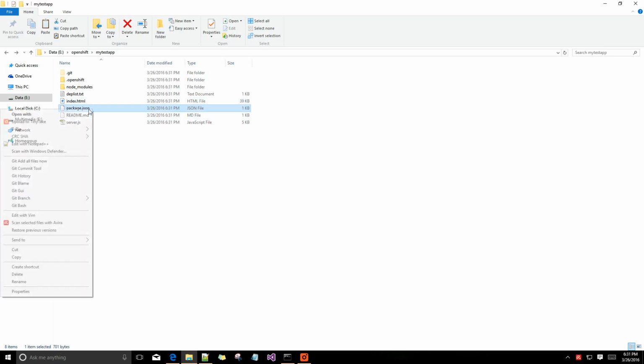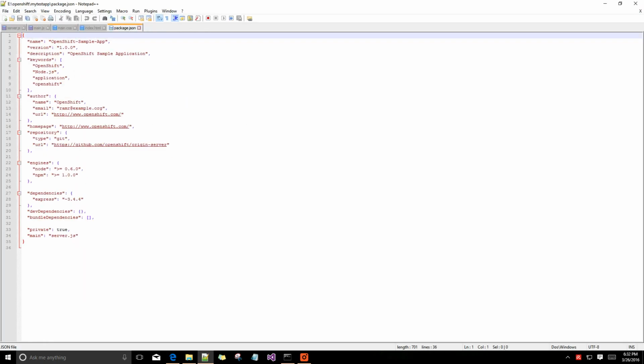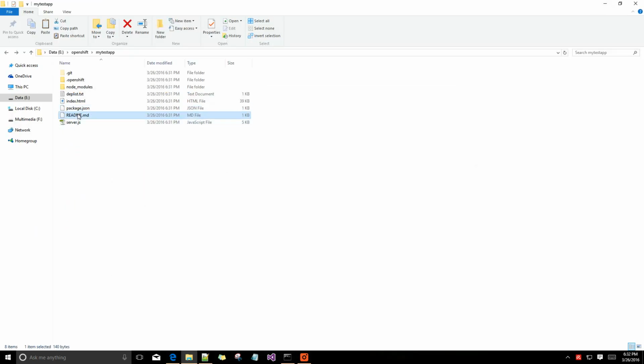And then this is package.json. It is how they define or configure the Node.js application. So you can name it, version it, I don't really care, you can change it to anything. Here is what dependency Node needs. Okay, Node needs the express module to run the server. That's all. This is what we care about, the dependency. You can edit it, do anything, nothing will happen. Okay, now the readme, who even reads that?